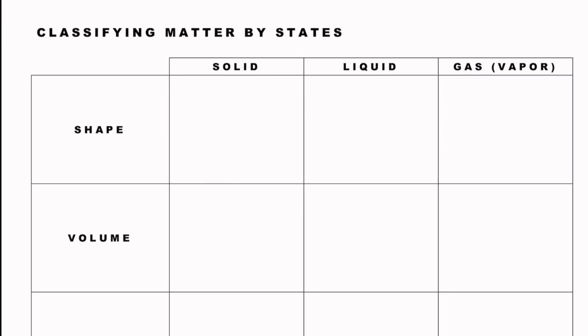Okay, let us classify states of matter. So solids, they're going to have a definite shape or a defined shape. Okay, not going to be a big deal to figure out the shape. Liquids, they're going to fit to their container. Okay, so for example, if I pour water in a water bottle, that liquid water is now taking the shape